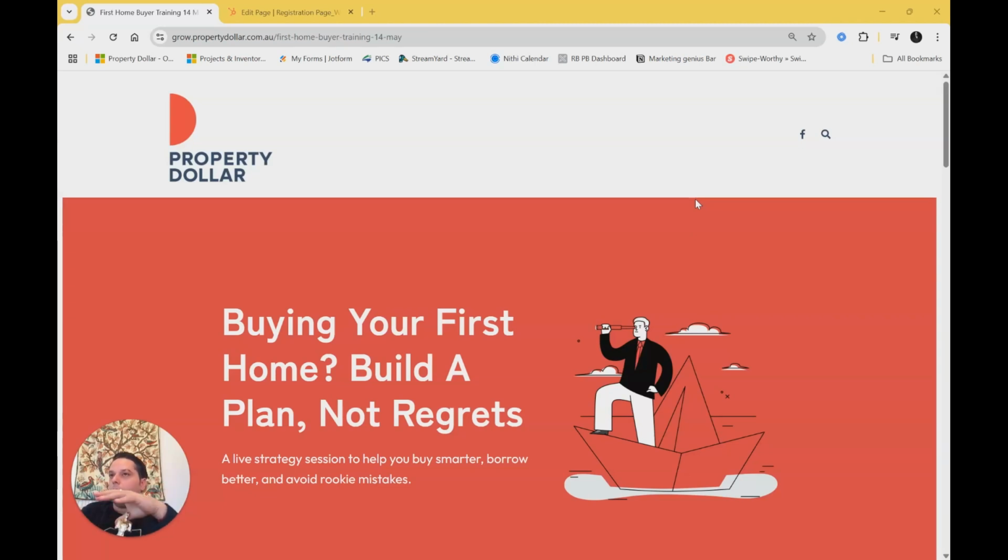Today we are going to talk about the conversion of the landing page. It seems very easy, but trust me, it is one of the most difficult things to do. If you're getting visitors to your landing page, but they are not converting, the problem isn't your traffic, it's your message. And I keep banging on about how important your message is. And today I'm going to show you exactly why most landing pages underperform and what to do about it.